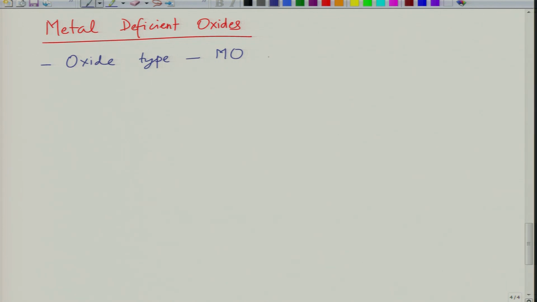So, MO can have either vacancy of metal or oxygen interstitial. These are two possible defects that you can have. So, in this case we will just proceed with the metal vacancies. So, if metal vacancies dominate,